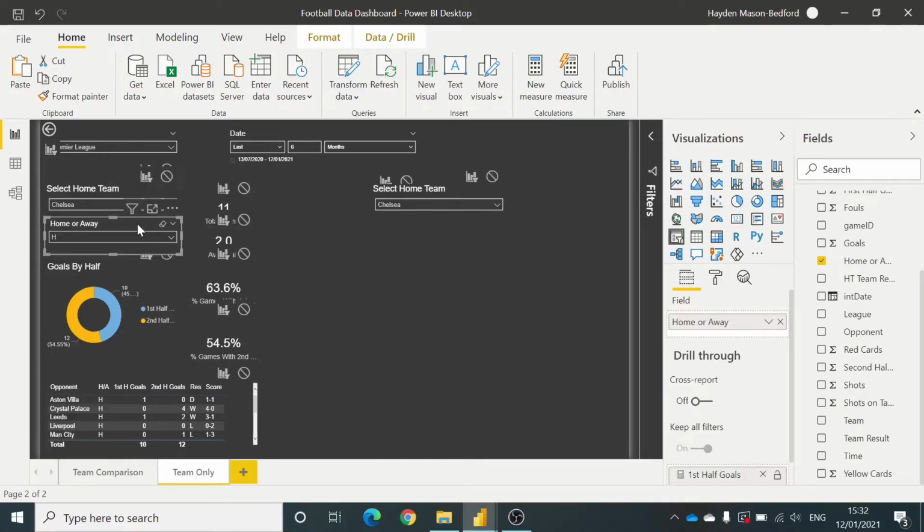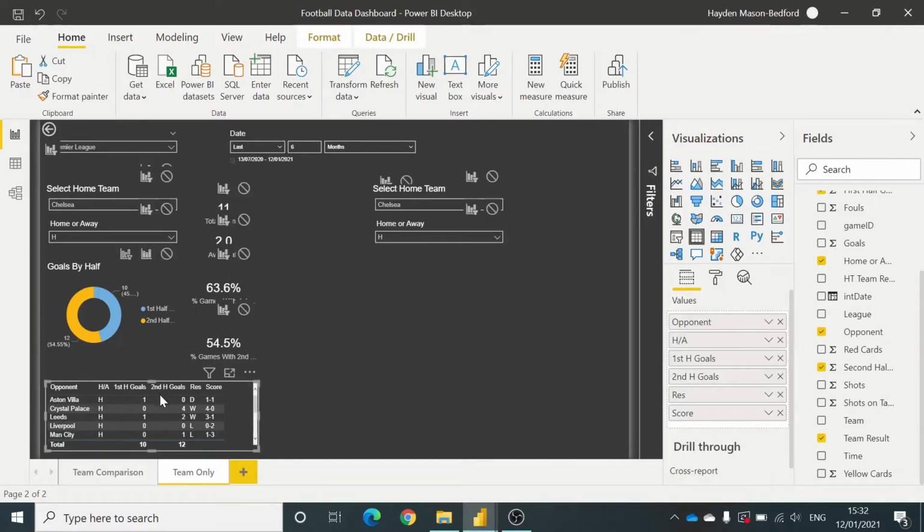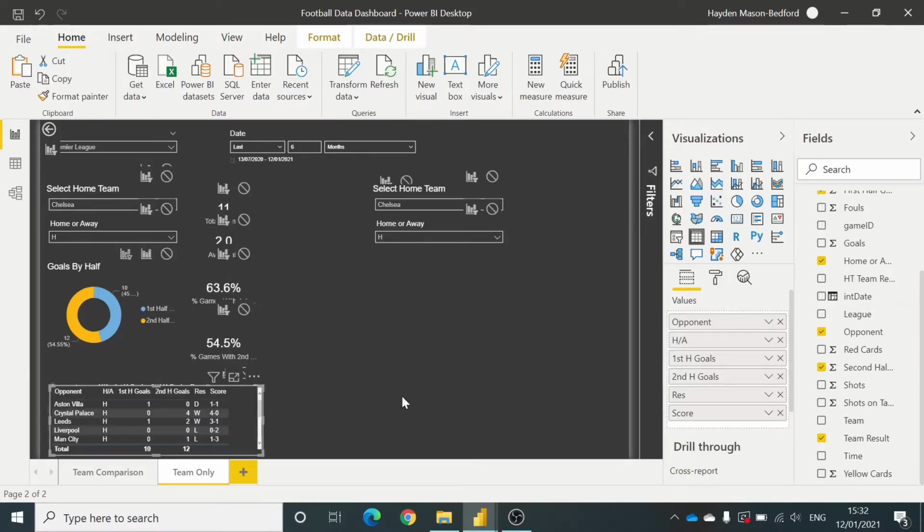happens here. And same with whether I want to choose whether it's a home or away game of these Premier League fixtures results. When I select this filter, I don't want this to be updated. Same here, none and none. So now I have the ability to select other teams. What I do want to do is copy some of this data across here just to give you an example. So if I copy that table,